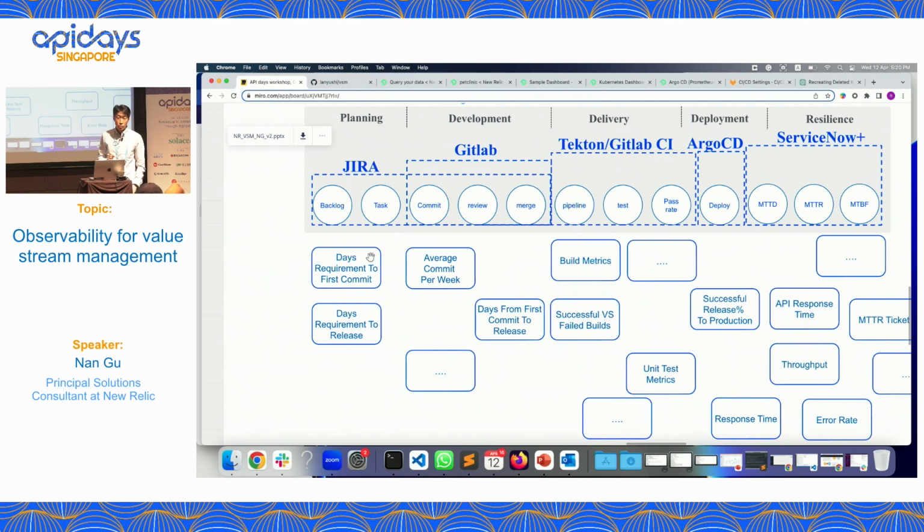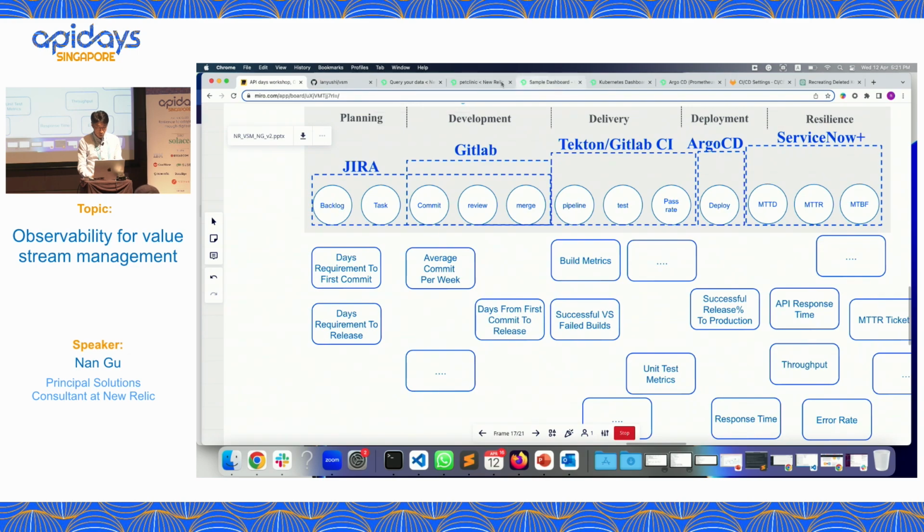That's quick enough. It means the business user has some ideas, and then the dev team is able to understand and start the coding, right? And you will also see here the average per week or days from first commit to release. That measures the dev team from starting coding until they go to production. How long will that take? So you can see how these tools generate massive data, and that data is supposed to build dashboards on one observability platform. So let me show you